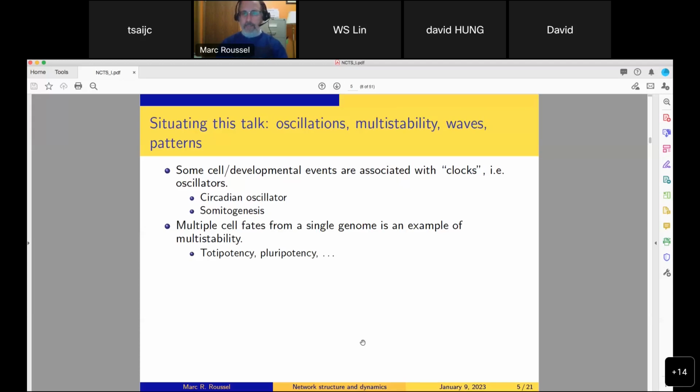Multiple cell fates from a single genome is an example of what the group I'm talking to now would tend to think of as multi-stability. So, what the biologists call totipotency or pluripotency, these are all examples of multi-stability. We often get waves, especially during development, and they often result from bistability. And there's a really interesting example that